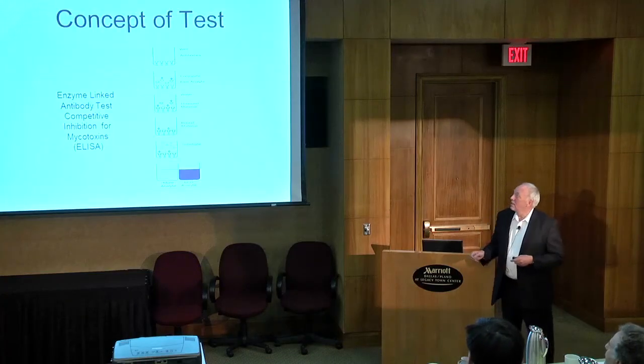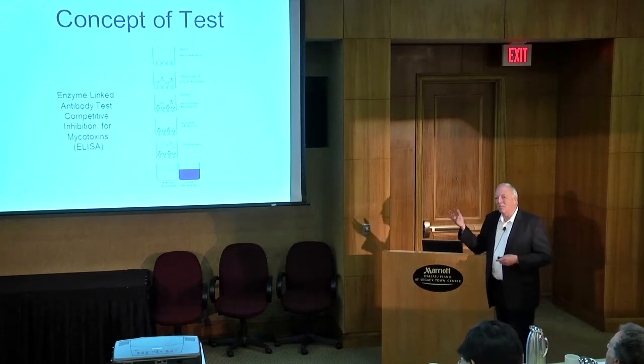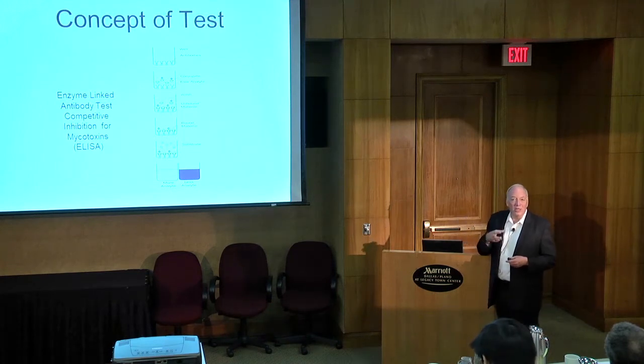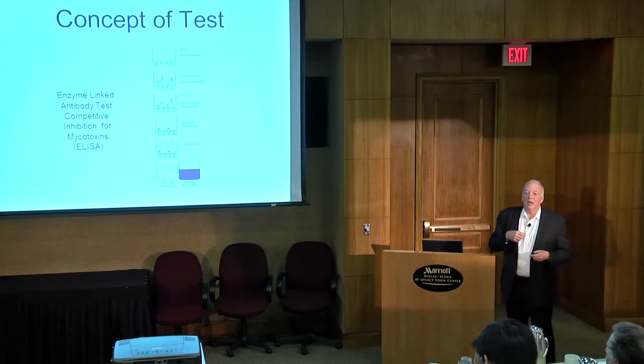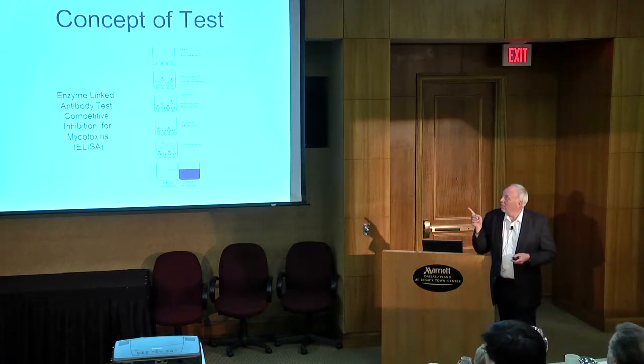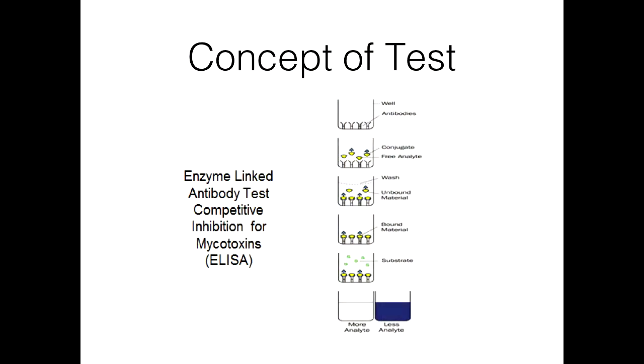And we started looking for aflas and ochras, and we found those. This is the concept of the test, in that we put antibodies. We know that there's antibodies made to these mycotoxins in animals. If we inject animals with trichothecene, for example, they will make an antibody. So we coat it in the bottom of the well, and then we can put a conjugate in to help